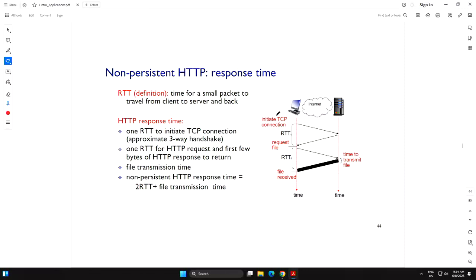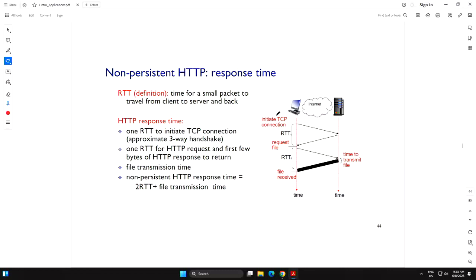So if you look at TCP, TCP is connection oriented. So you have to set up a TCP connection. The TCP connection setup is something we are not going to explain today. We'll leave it to the lecture when we explain TCP, but I'll just tell you one thing: TCP is a complicated protocol and it experiences one round trip time to establish the connection. That's all you need to know today. One round trip time to establish the TCP connection.